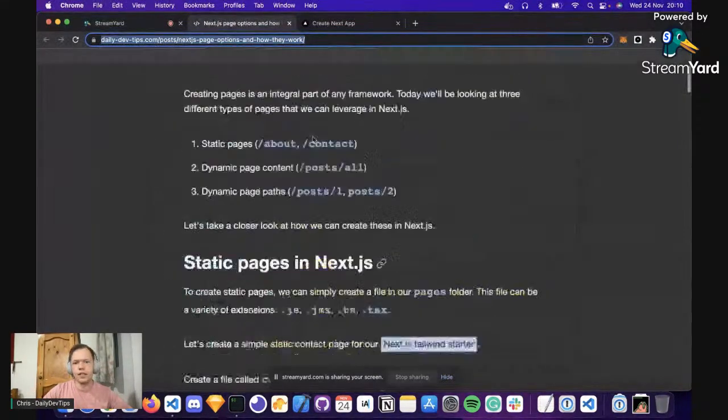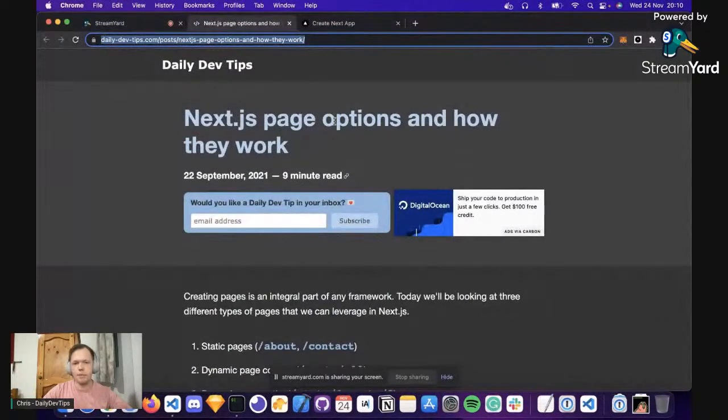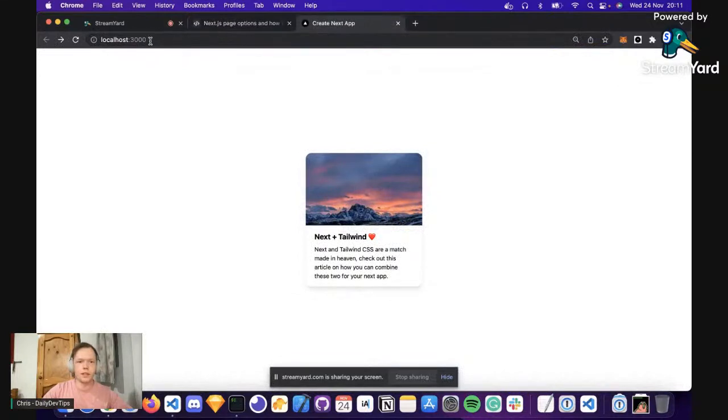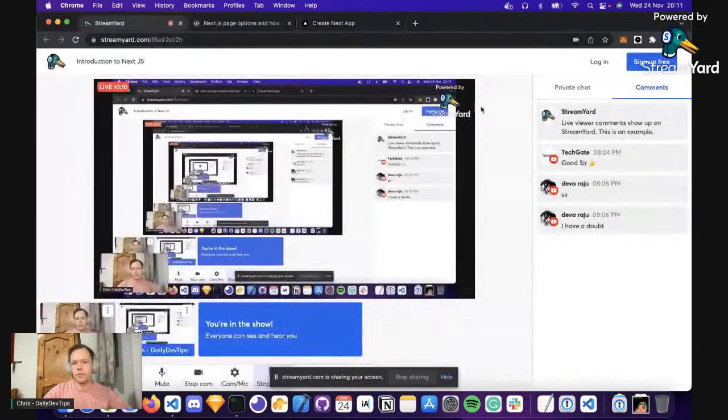So now let's have a look at page options and how they work in Next.js. So as you can see, we have our static index. In the meantime,